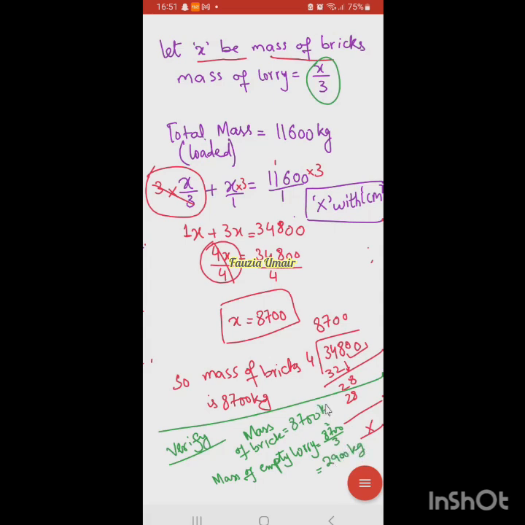It is 2900. अब आप इन दोनों को ऐड करें अगर 8700 और 2900 को, so your answer should be 11,600, right? So let's add them. Yes, ma'am. 0, 9 plus 7 is 6, 1 carry, तो ये आपके पास आंसर आ रहा है। So this is verified. Your answer is correct. Mass of the bricks is 3 times that of mass of the empty lorry. तो mass of the empty lorry is 2900 और उसको 3 से मल्टीप्लाई करें तो 8700 आता है। Are you getting this, बेटे? Is it clear? Yes. ठीक है।